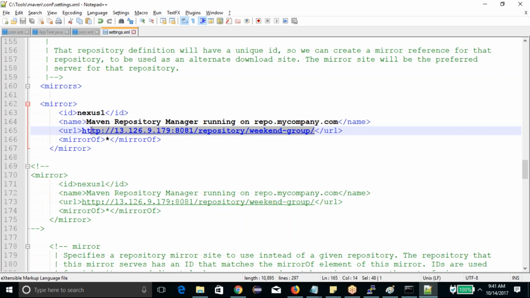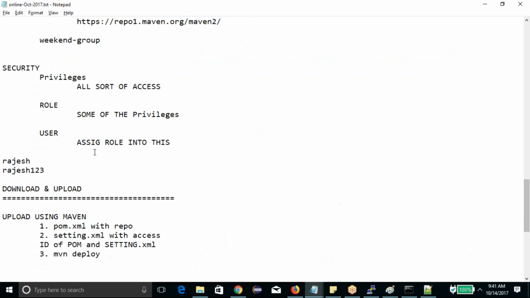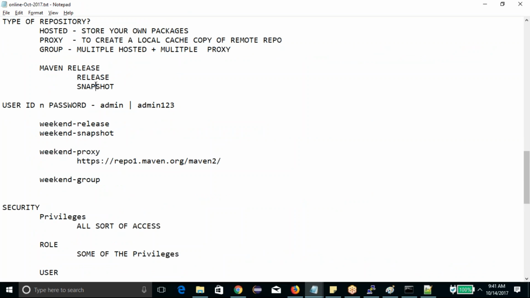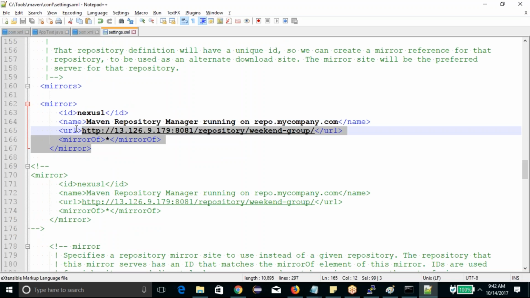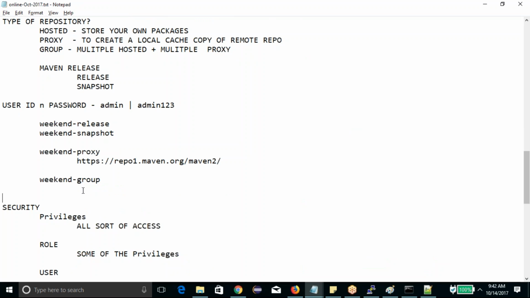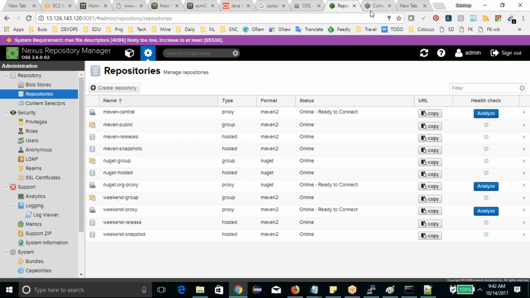So remember here, this is the use of the group. Now if you remember, I had created one snapshot, one release, and one proxy. So instead of putting this three times, you can put the group one, and that's the fun part. So what you're going to do,